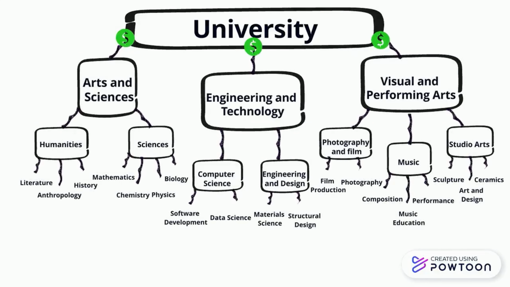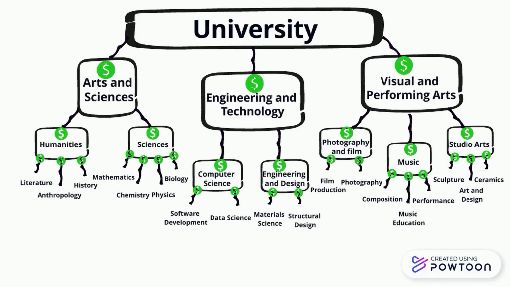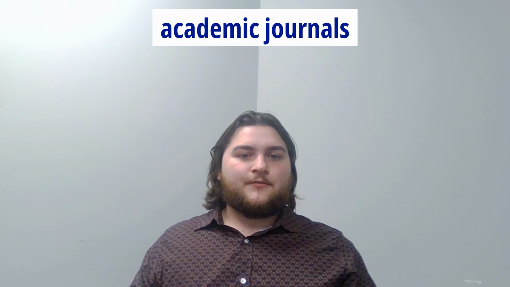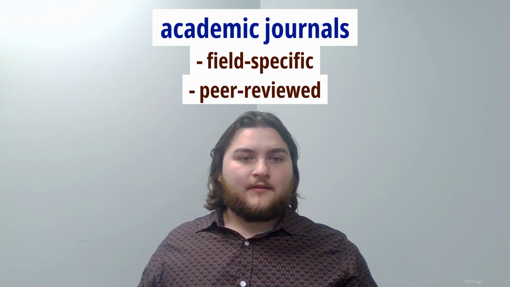The organizations of academic and governmental institutions can also pose structural challenges to dismantling silos. Funding, for instance, is often divided departmentally and may pass through a long chain of officers before it reaches its final recipient. In research and academia specifically, positions, funding, program and grant applications, and degrees are virtually all divided by discipline. Academic journals are often field-specific and peer-reviewed by those in that field. This further discourages interdisciplinary publication because of potential knowledge gaps or conformity to disciplinary orthodoxy. The influence of prominent experts on publication, funding, and general acceptance further encourages discipline-specific conformity.